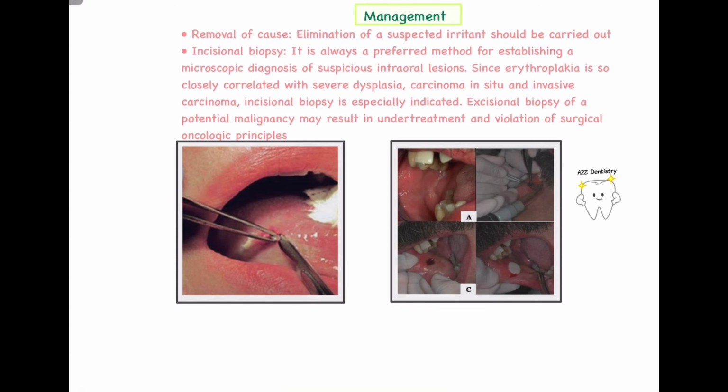So we will remove all the patch which is present, right? We will be removing that part of the lesion, so that we are just scraping off all the carcinomatous cells out of it. So this is one way of removing the patch itself, so that we will prevent the occurrence of carcinoma in future. But habit cessation is the mainstream of the treatment here. First of all, we'll have to remove the cause. Only then whatever we'll do further will be of any benefit to the patient.